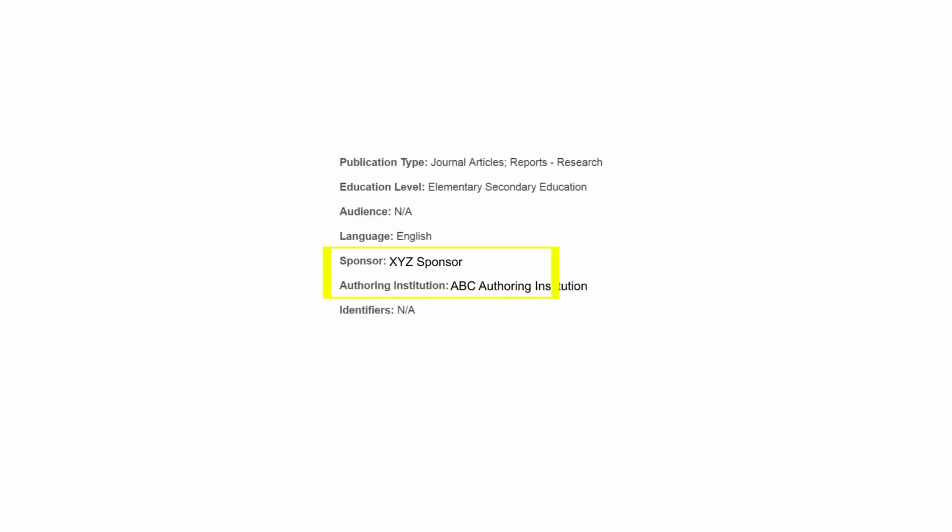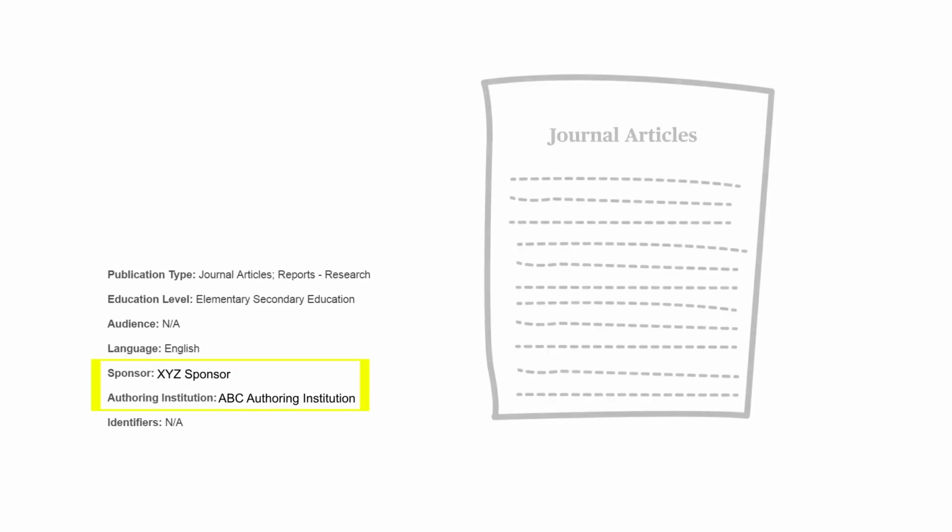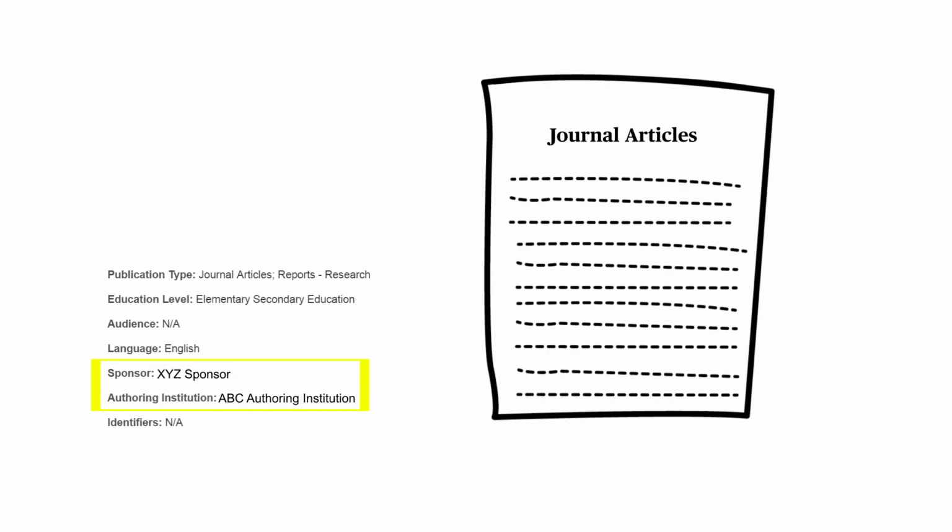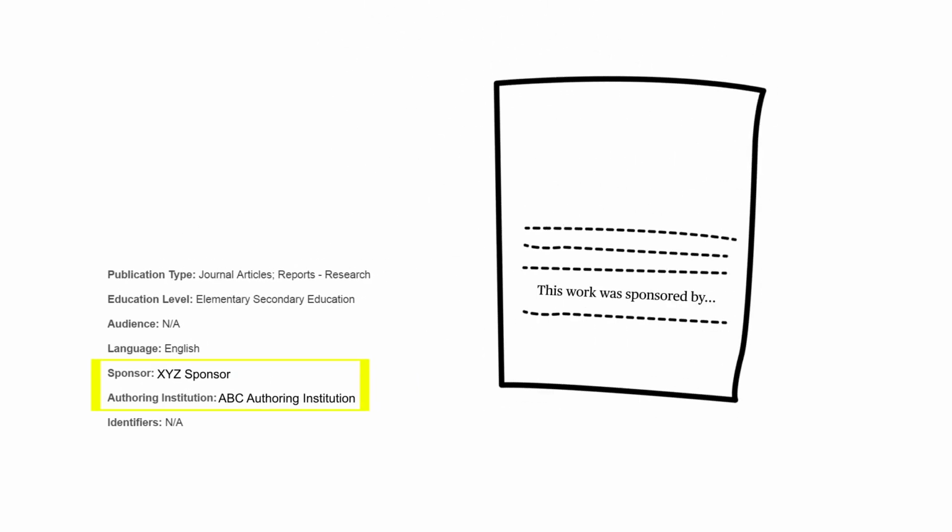It's also important to review your resources for potential bias. It may also be important to consider who is sponsoring the material. Do they have a bias that might influence their work? This may not be a source of concern and does not automatically mean a resource should not be used, but it should be considered depending on the nature of your assignment.